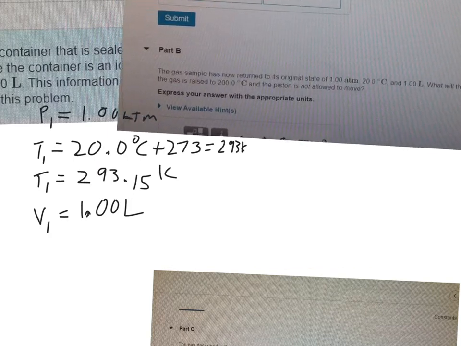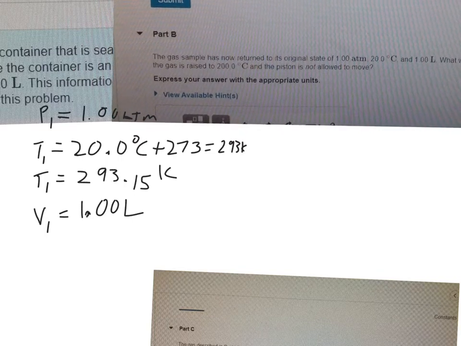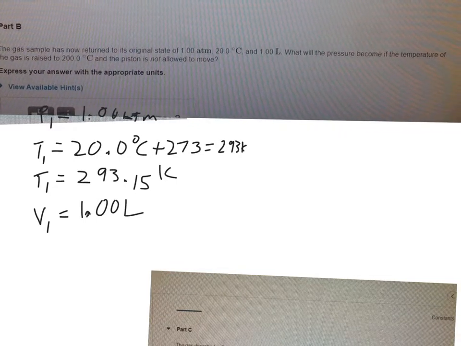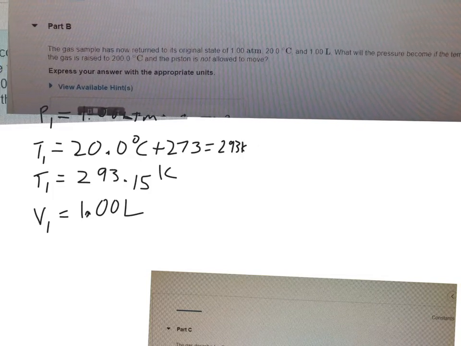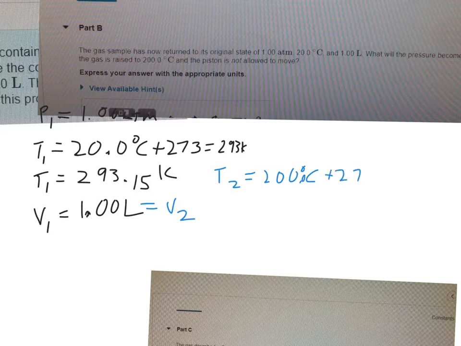Part B. The sample gas has now returned to its original state, so we've reset our conditions. What will the pressure become if the temperature of the gas is raised to 200 degrees Celsius and the piston is not allowed to move? Since the piston isn't allowed to move, that means V1 equals V2. We've got a new temperature now of 200 degrees Celsius, and we won't be fooled by their evil machinations. We will convert right away to Kelvin,